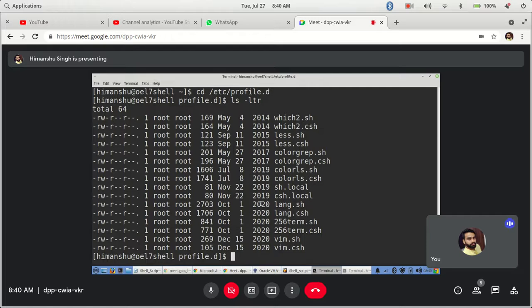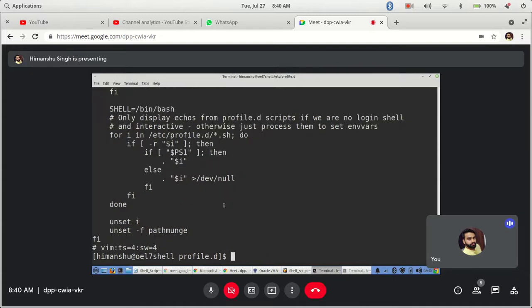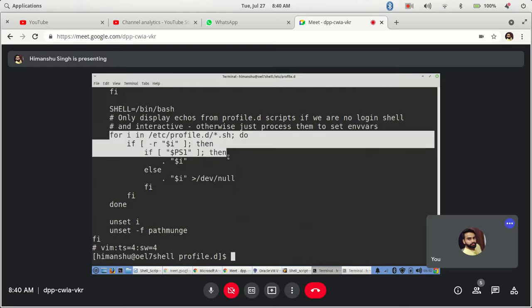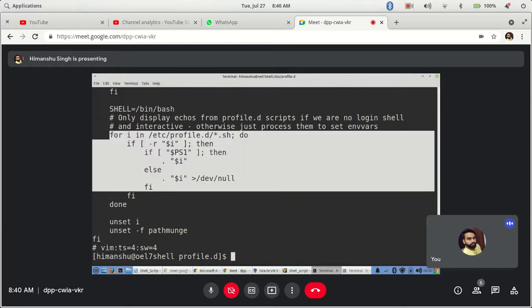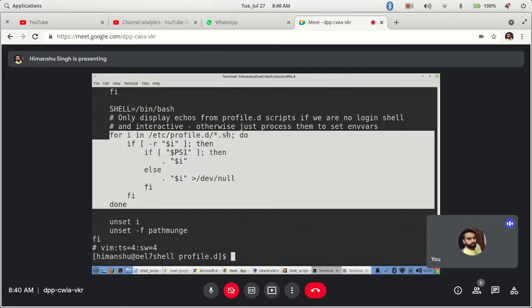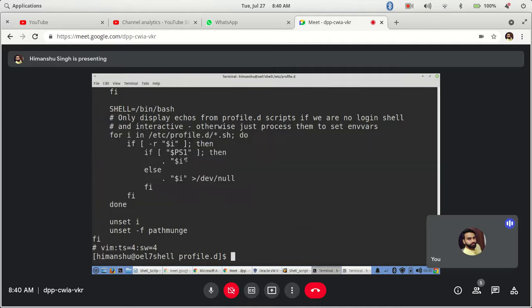You can create that file because these are the .sh files that are being called. The file that I showed you, /etc/bashrc, calls all the files and sources them. If you see, the loop is there: all the files that end with .sh, it will source and set that environment. See the file name. Everywhere the same shell script is used; it's nothing separate.